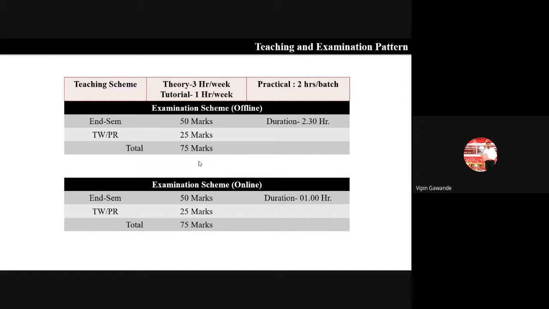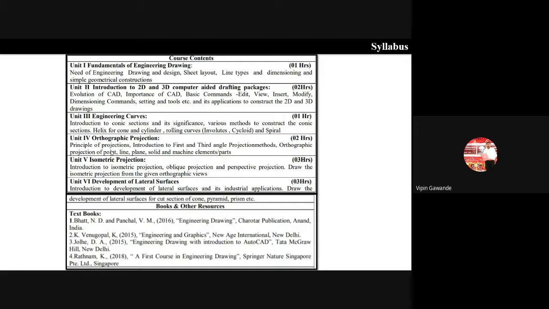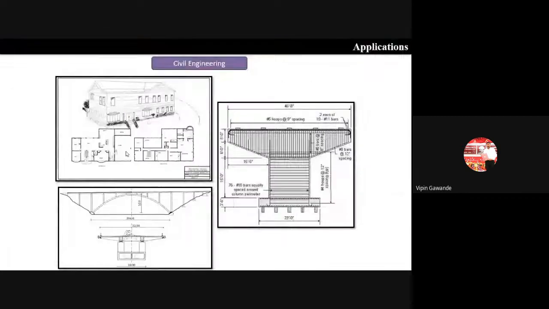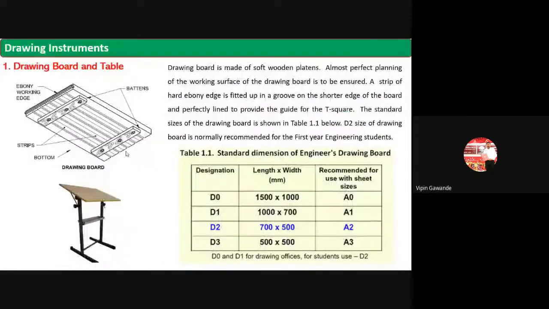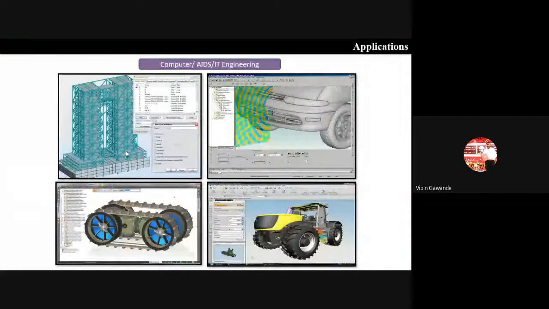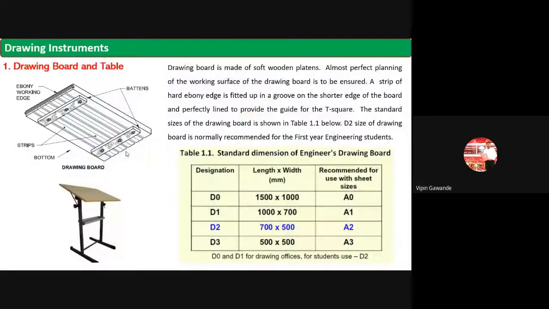Initially, I told you that the examination will be only on four units, but as per the circular of the university, the examination will be based on all six units, starting from unit number one to unit number six. So you have to refer to all the MCQs and video lectures from unit 1 to 6. The examination is again MCQ based. We have also discussed the applications of engineering graphics in all fields of engineering.